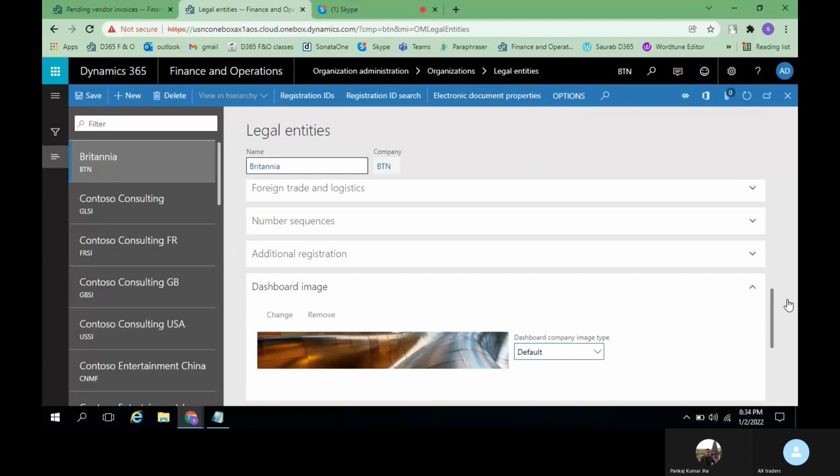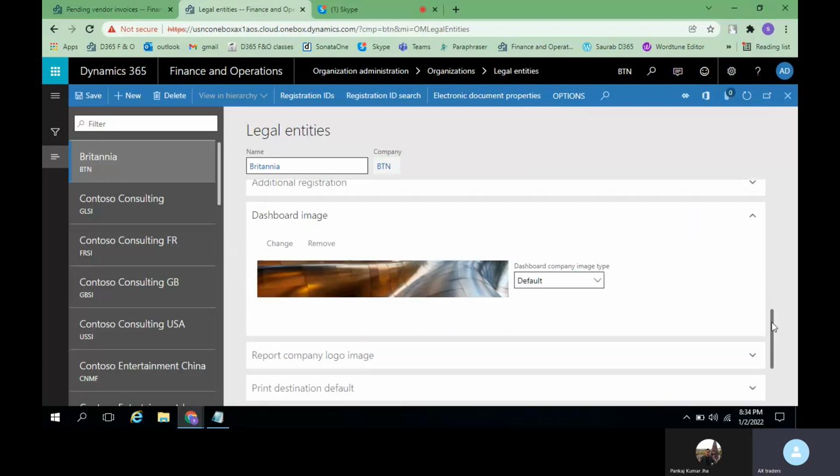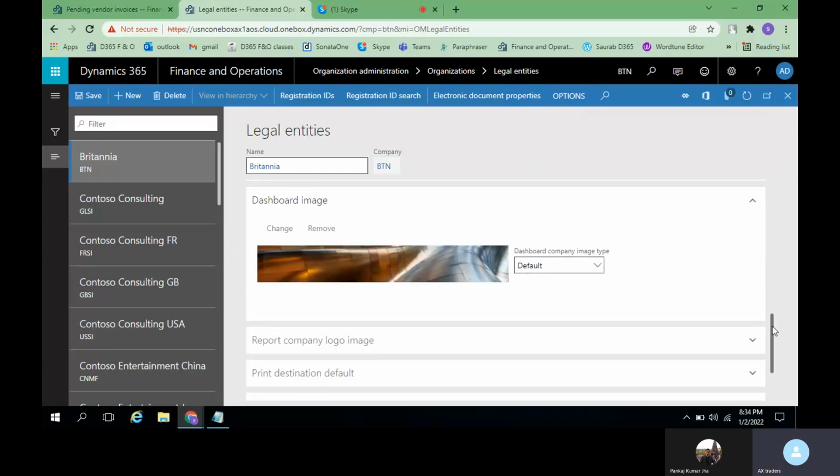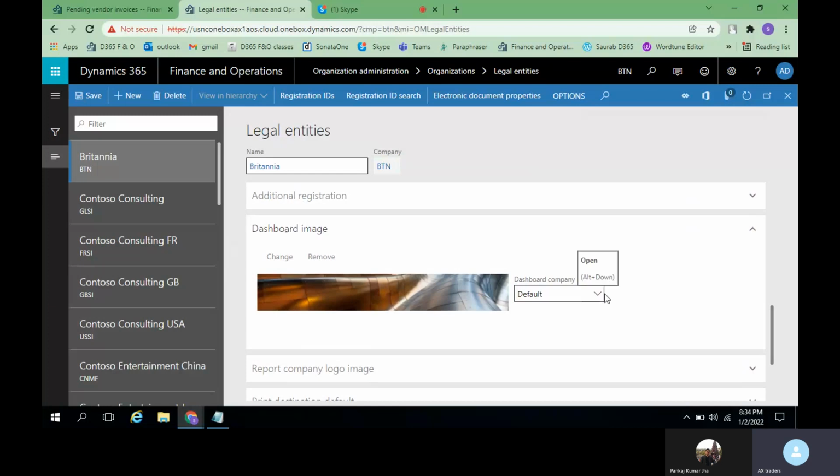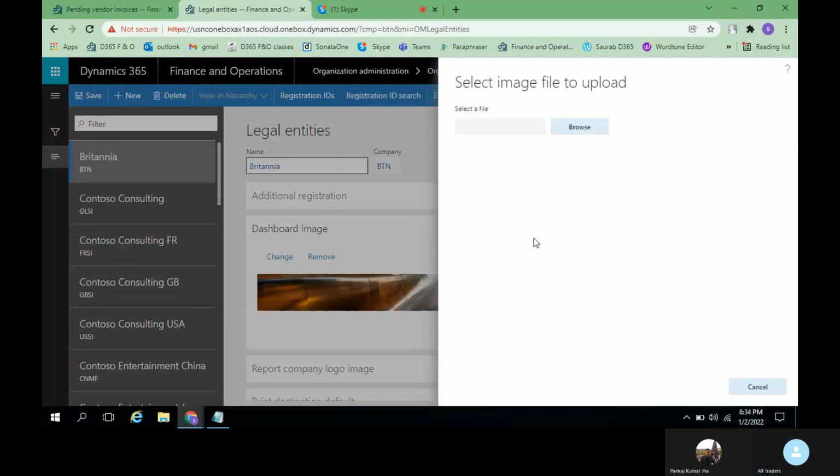Dashboard image. If you have any logo of your company, Britannia, you can select that one. Just click on this drop down. This is a default sample one. You can click on the default, none or banner. You can change it. If you click on change, and if you have saved any image, you can click on browse.